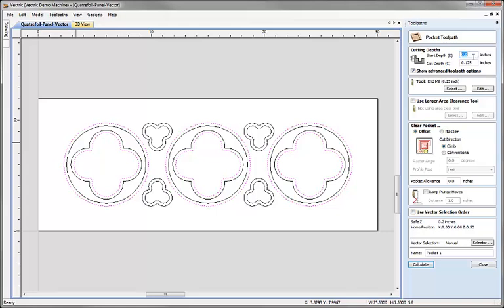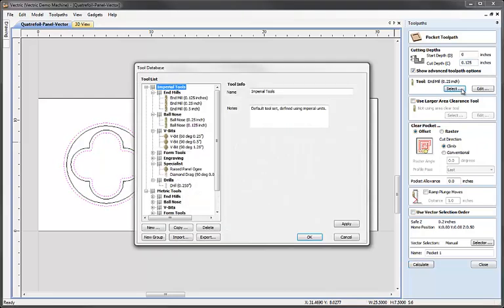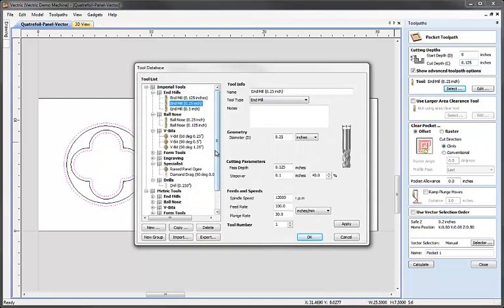Start depth is going to be the top of the block, or 0, and the cut depth for these is going to be 1/8 of an inch, or 0.125. So we're just making quite shallow pockets here. I'm going to click select on the tool database now, come over, and we're going to select the 1/4 inch end mill. We can double check the values within here to make sure we're happy with them,